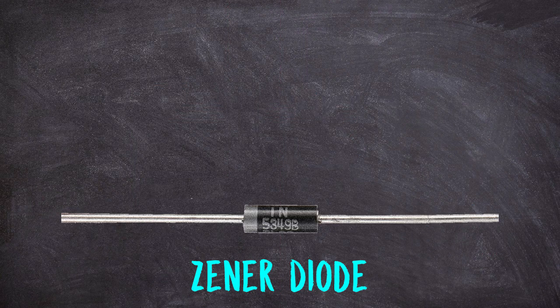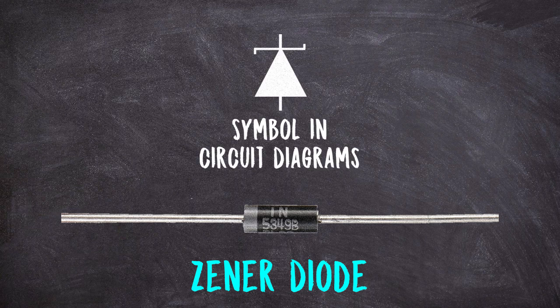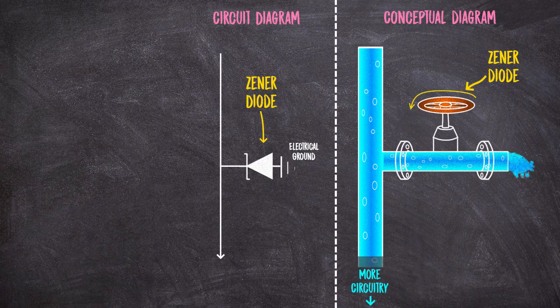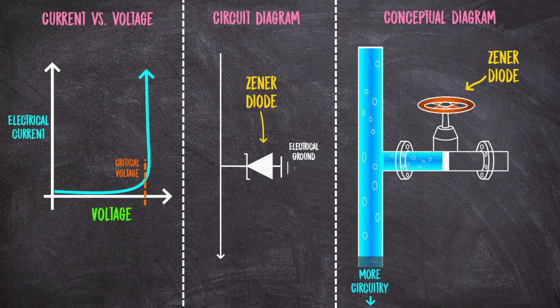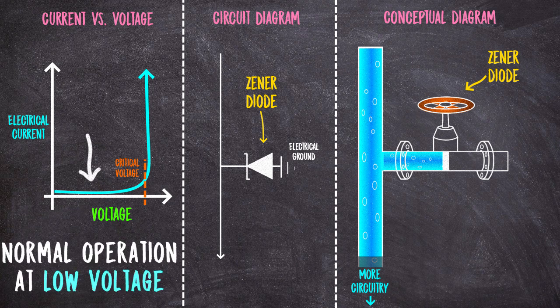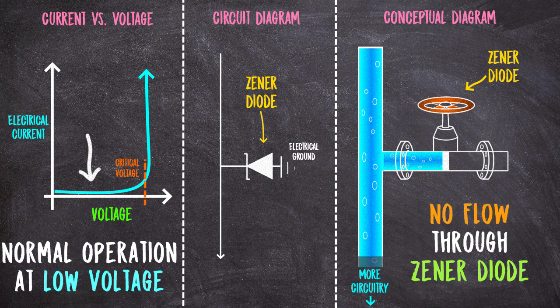Never heard of a Zener diode? Well, unless you're an electrical engineer, I wouldn't blame you, but they're typically used like a kind of teeny tiny release valve in electrical circuits. If you have a circuit and the input voltage to that circuit is behaving normally and is low, then a Zener diode does nothing because it's below this critical voltage, so it's very resistive and the electricity just flows around it.